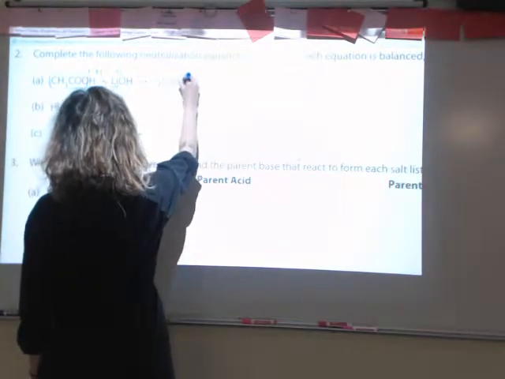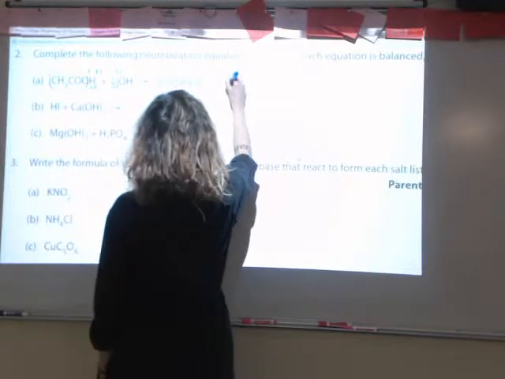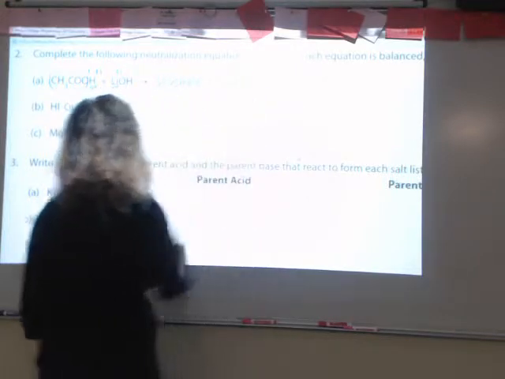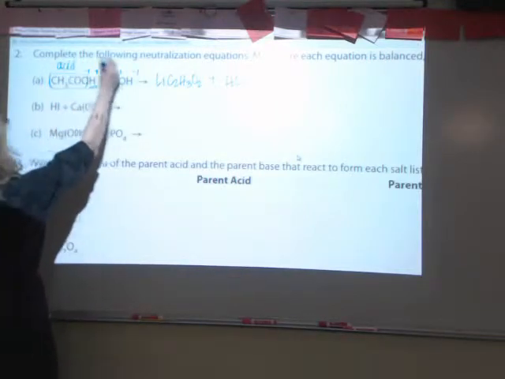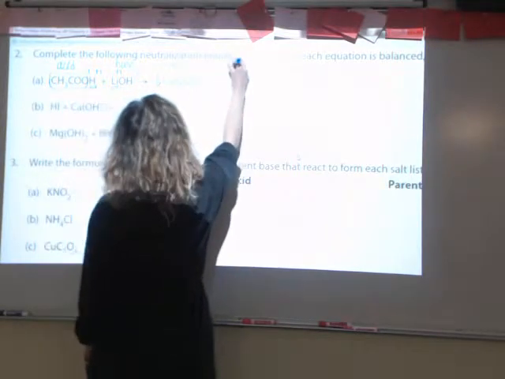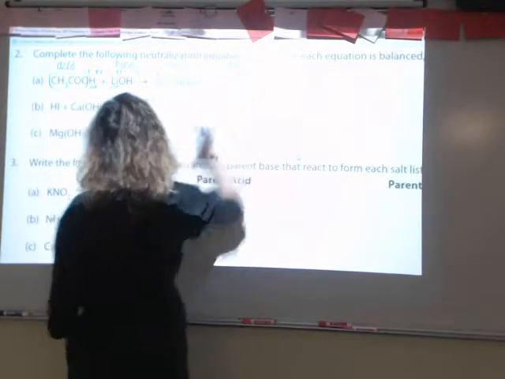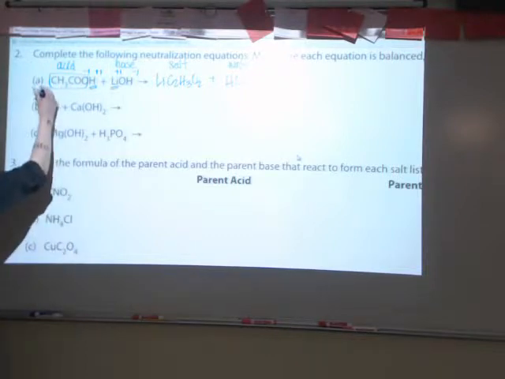I'm going to rewrite acetate as C2H3O2. I just think it looks better. And then we're going to have hydrogen combining with hydroxide. So this would be my acid and my base making a salt and water. Okay? If you don't like doing it that way, you could also do it by writing it out in words. Remember, we wouldn't want to write this as acetic acid. You would want to write this as hydrogen acetate